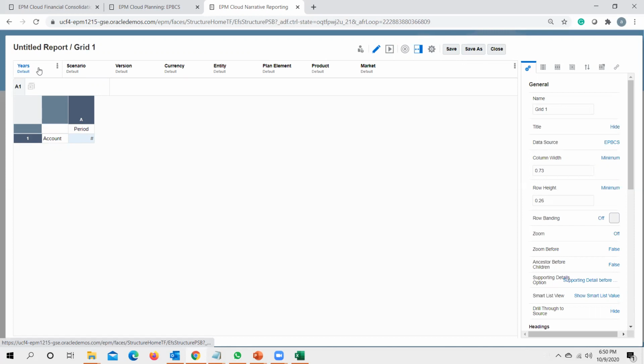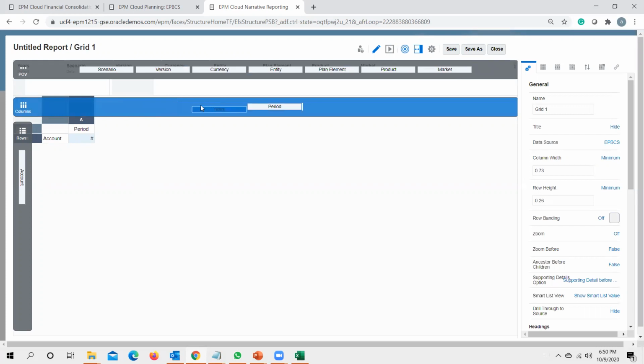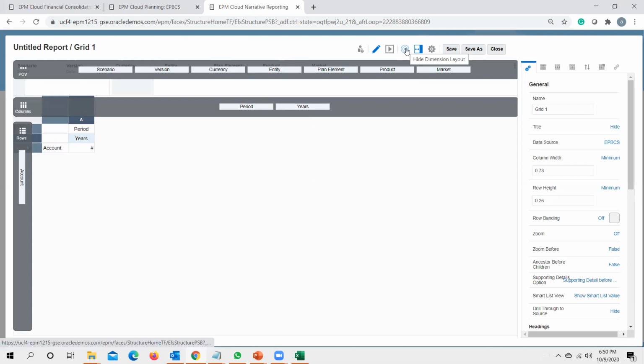In order to bring my years under column, I need to click show dimension layout. It will open the dimension layout for us, and we could just drag the required dimension either to column or row, and it will get displayed at the point. Once done, you again click hide dimension layout.